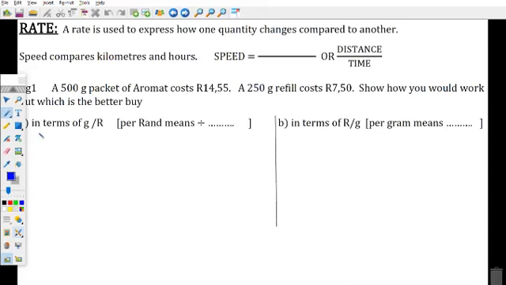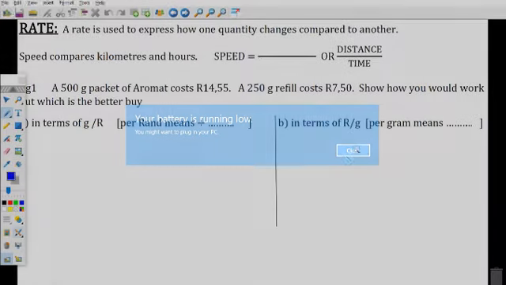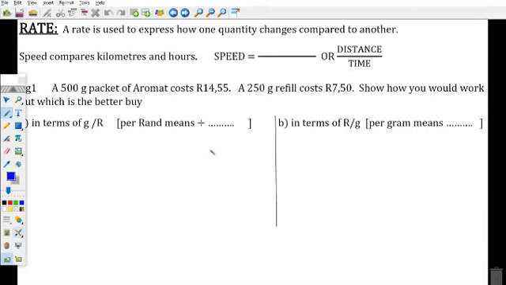Today we're going to be talking about rate. A rate is used to express how one quantity changes compared to another. A common one we use is speed. Speed compares kilometers and hours. So speed is equal to kilometers